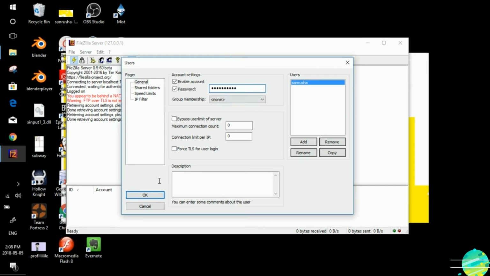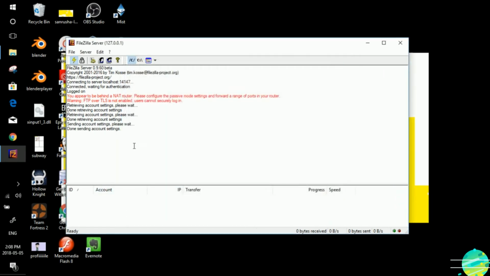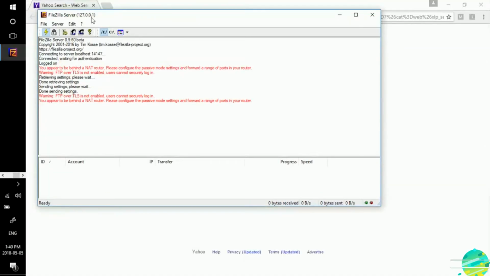Okay, good, very good. So FileZilla server is up and running and you have created an account now. Now it's time to move on to the next step, that is installing FileZilla client. This is the admin FileZilla server. You need a client to make sure your laptop is now a FTP server.